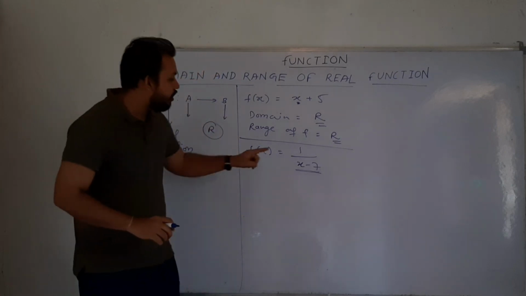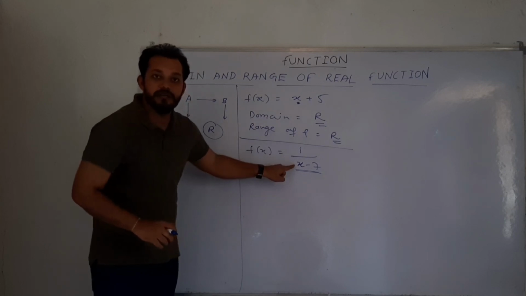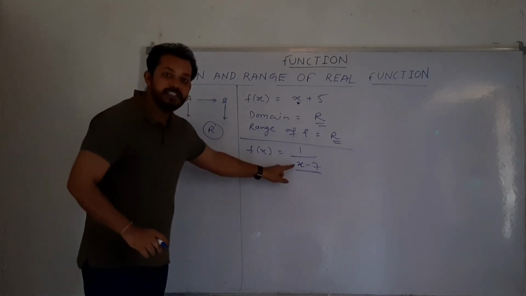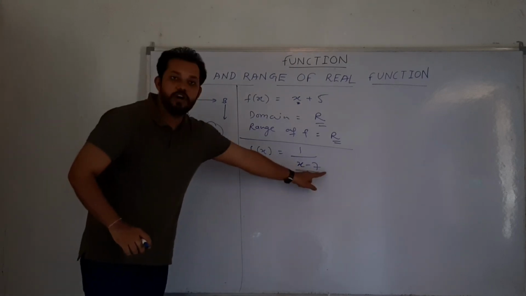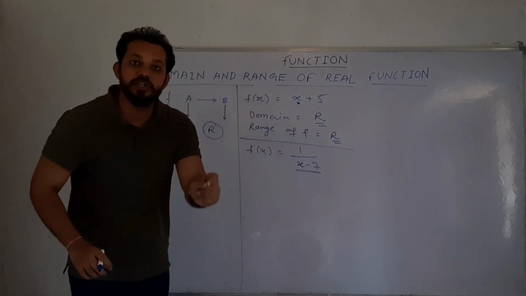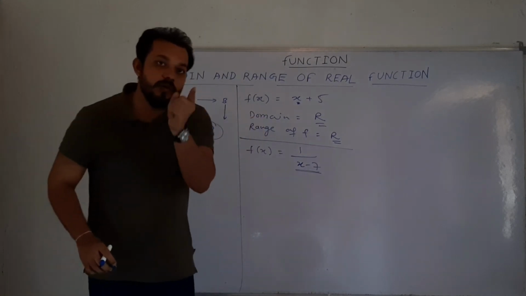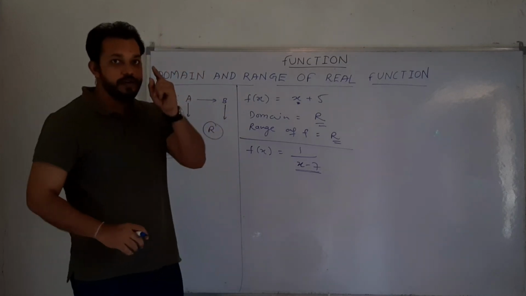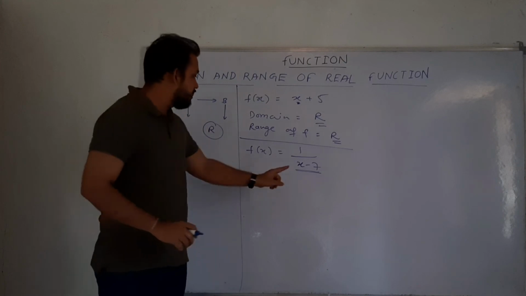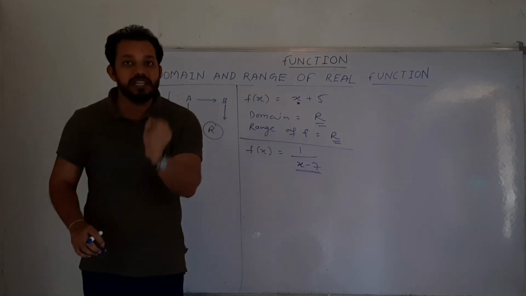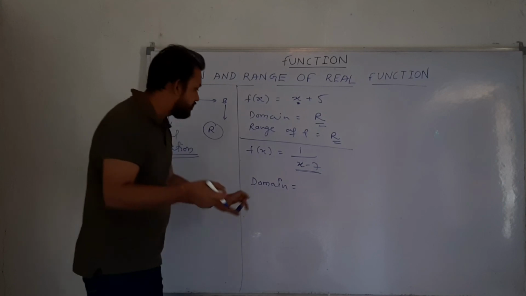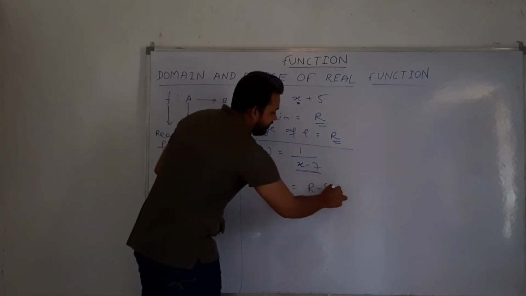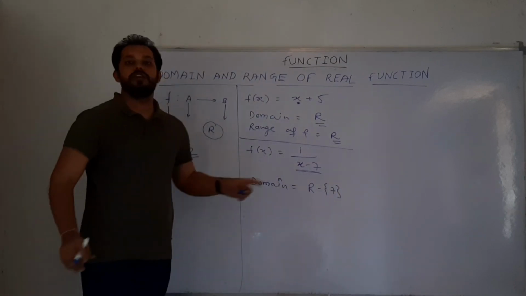Yes, we can put all the values of real numbers here, but a particular value in this situation, like 7: when we put 7 in place of x, we will get 0. Hence the function will become 1/0, and 1/0 is not defined. That means we can put all real numbers in place of x except 7. Hence the domain of this function is the set of all real numbers minus {7}. This is the domain of this function.